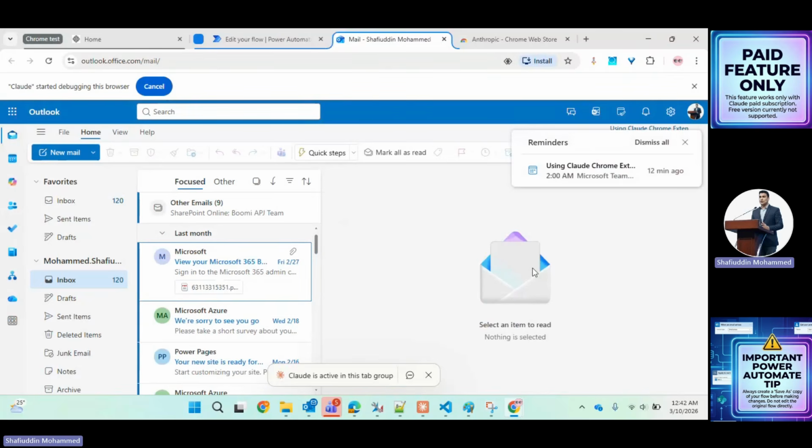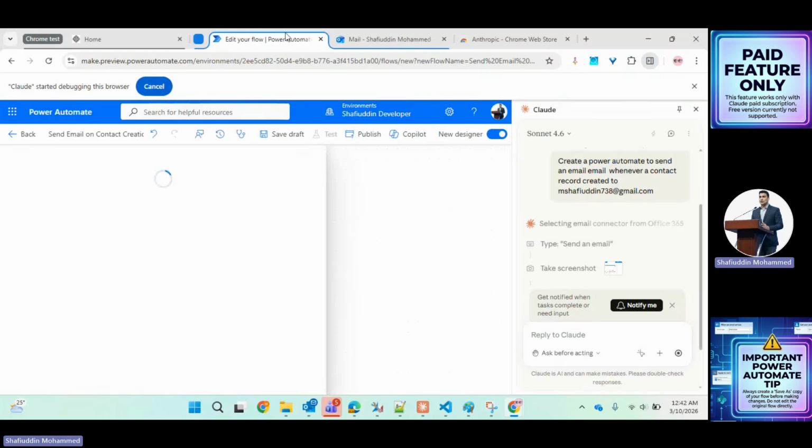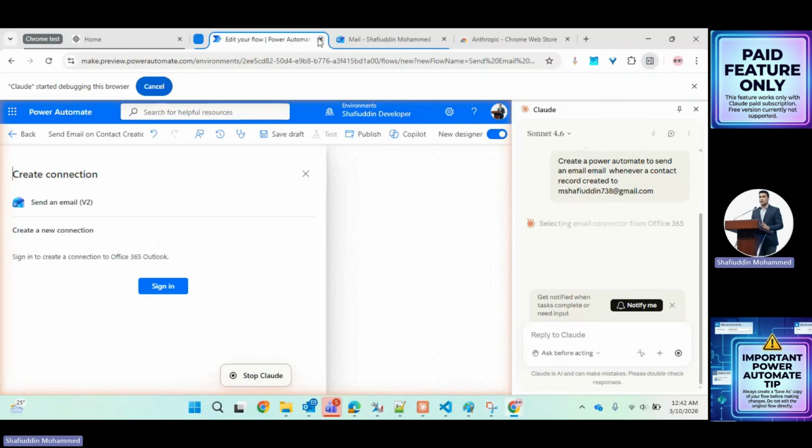Basically, Claude will create a tab group, and it will work on the tab group. So you can see Claude is controlling this Power Automate, and again it is working on the Outlook also. It's trying to find something. Okay, now if you search, see here also it's working. Okay, it's trying to sign in from here. Okay, we can see here selecting email connector from the